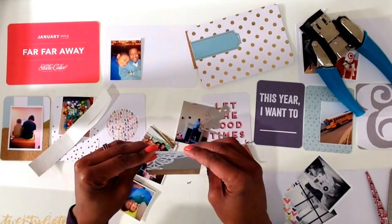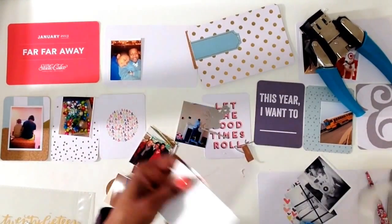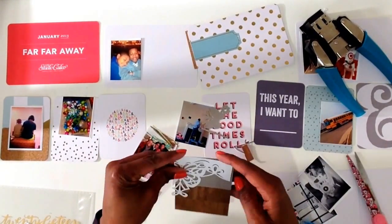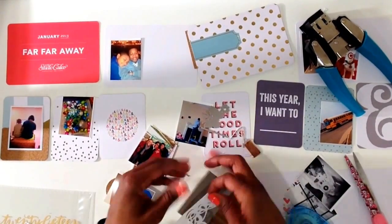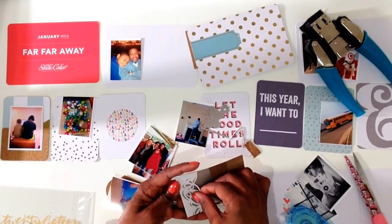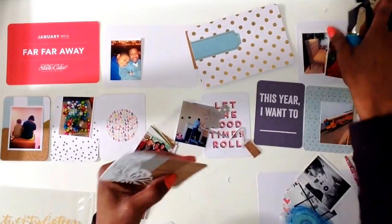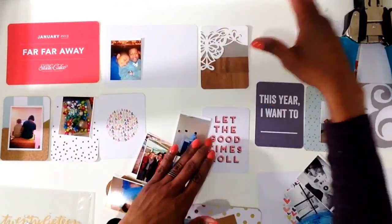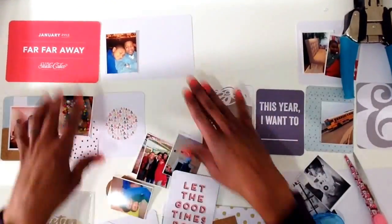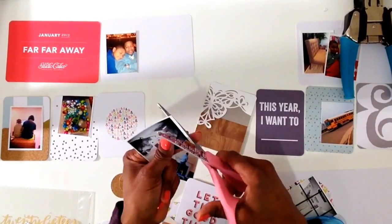I also picked up this card from Michael's, and it just had this kind of intricate detailing on it. It was for a birthday gift, and I kept one and put it on the side. I wanted to use the intricate lacing on a layout. I do not have a Silhouette. Love, love, love them, but I have not purchased one. And so the detailing from the card provides that kind of laciness that I could create if I had a